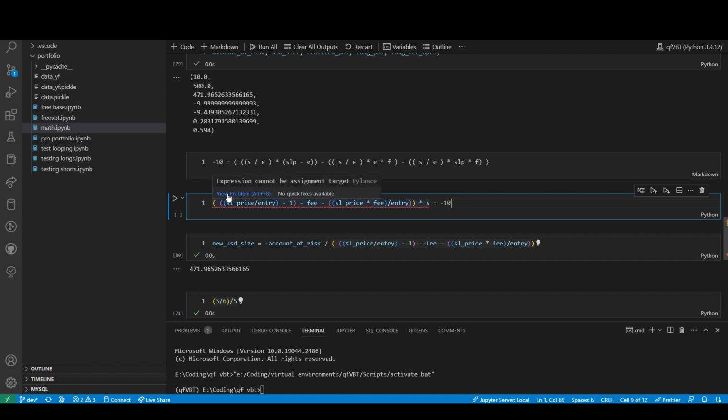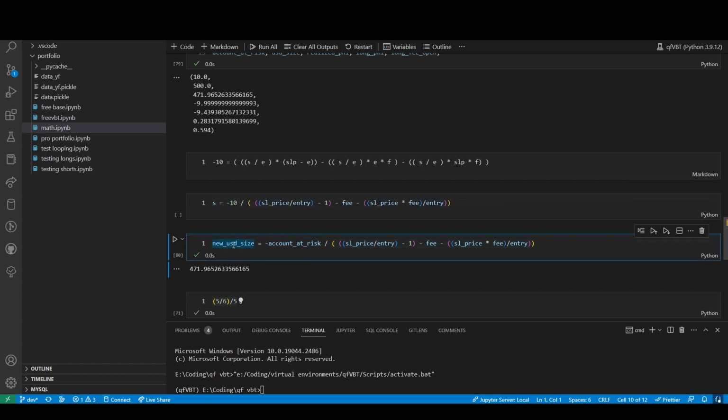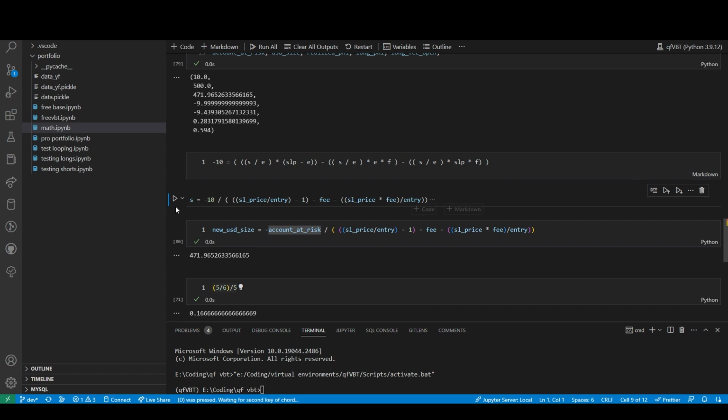Well, now all you have to do is just divide this whole chunk by 10. So you divide and then you do that, and now you have S by itself, which is basically this: new USD size equals negative account at risk this. And that's how you get